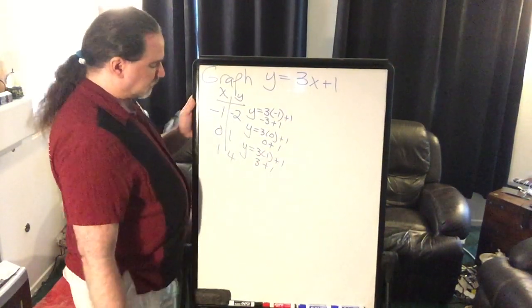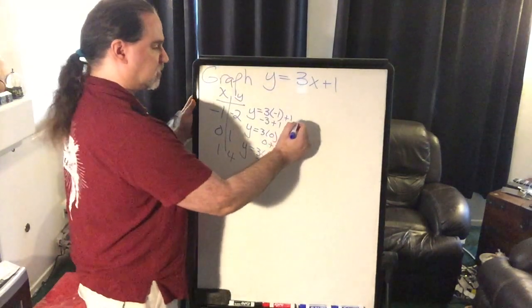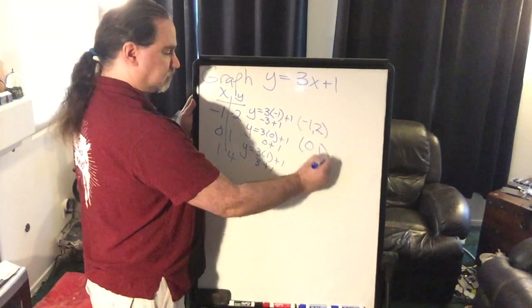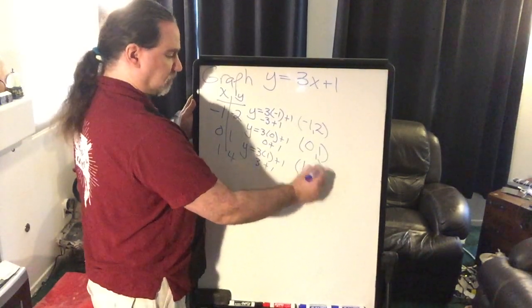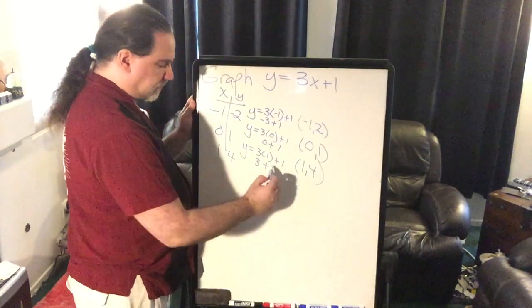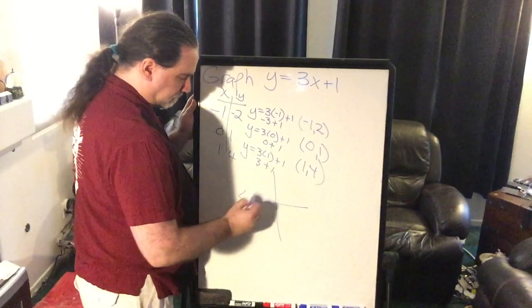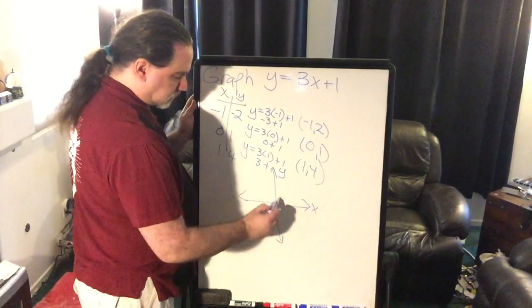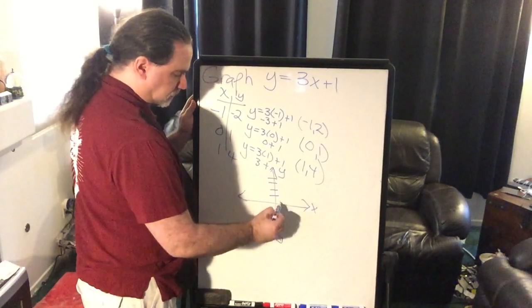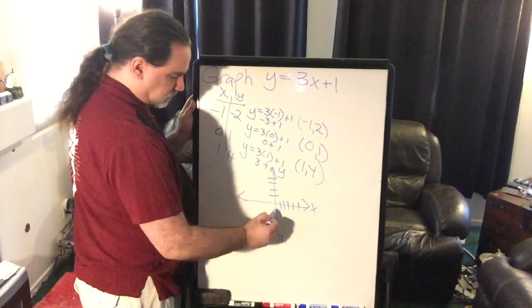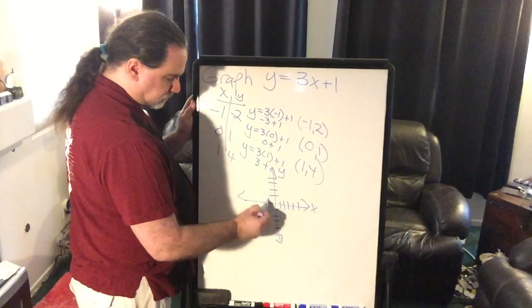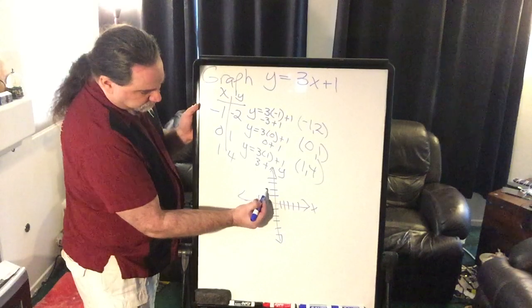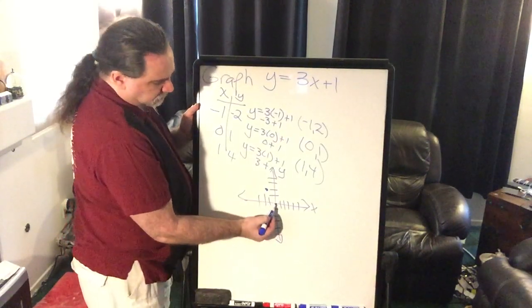And we've now created 3 ordered pairs: (-1, -2), (0, 1), and (1, 4). And now we can graph that. So negative 1, comma 2, right there. 0,